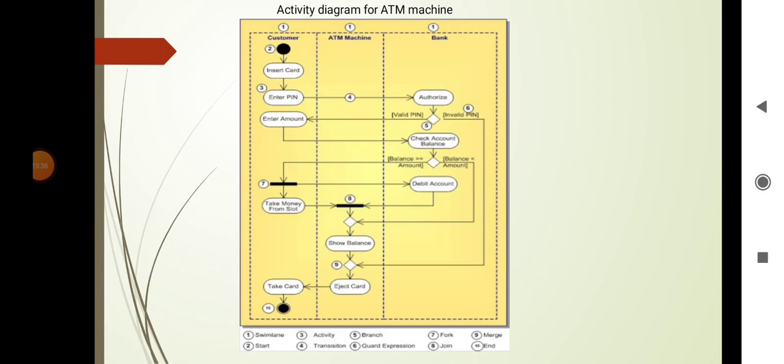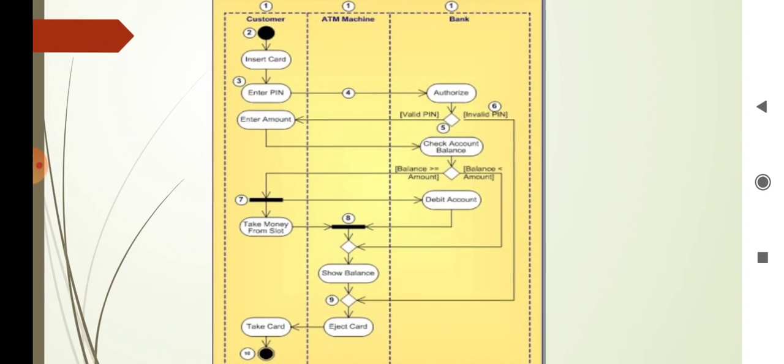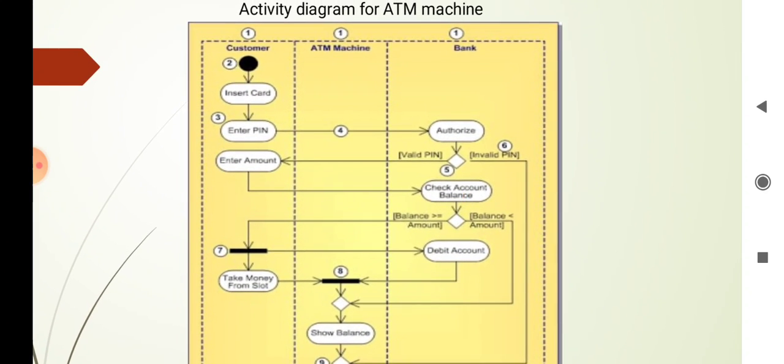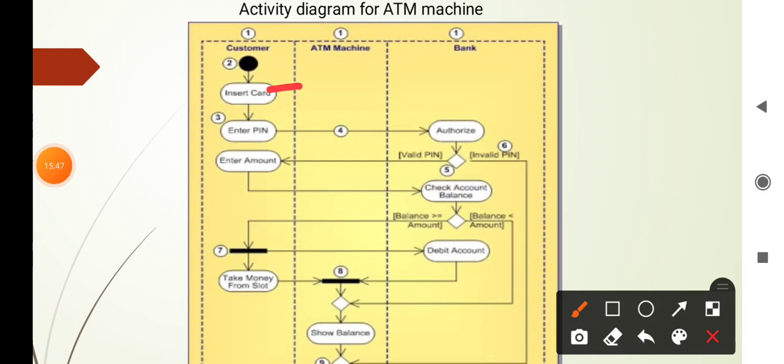Here is one activity diagram for an ATM machine. Here the customer, ATM machine and bank. The first activity is insert card. First the customer inserts the card, then enters the machine. Then a message to authorize from the bank. Then the bank has two decisions, so we use the decision box: valid PIN and invalid PIN. If the PIN is valid, then we see the enter amount option. If your PIN number is invalid, then go to